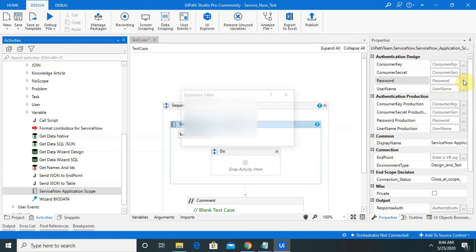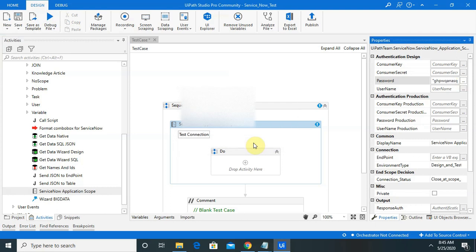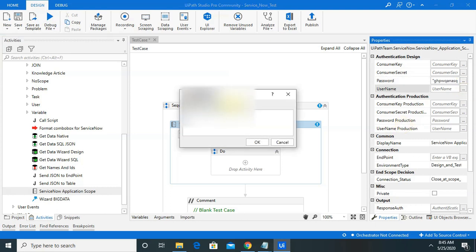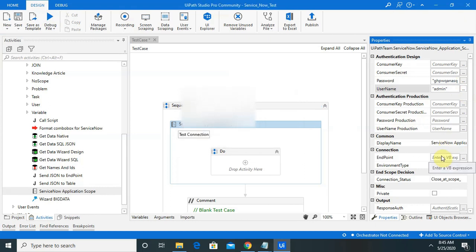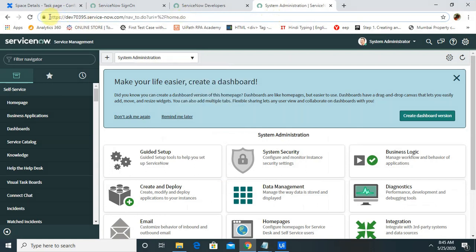So I am pasting the password here in double quotes. Now the username we need to provide is admin. Next we will need the endpoint. So for the endpoint, whatever login credential we have created, go to this, and copy from https up to .com.